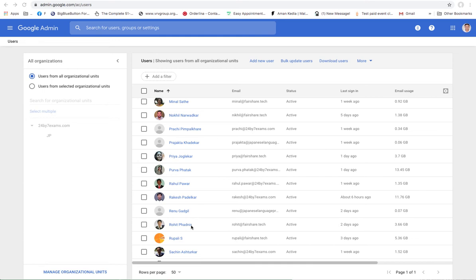So he already has an email ID called rohit at fairshare.tech. Now I also want to create another user ID called sales at fairshare.tech. But if I create a new user ID using this menu button, then Google is going to charge me as per my plan, something like $5 per month.